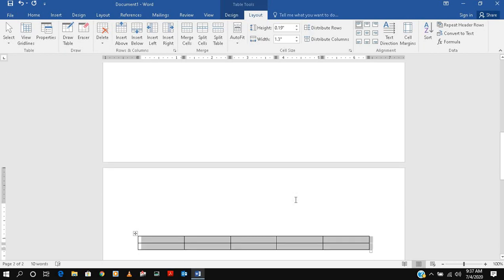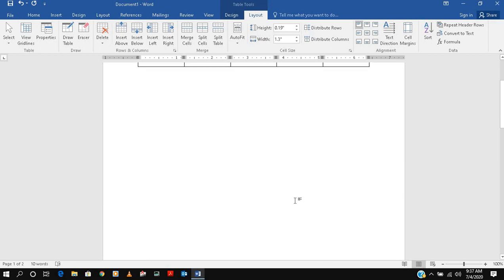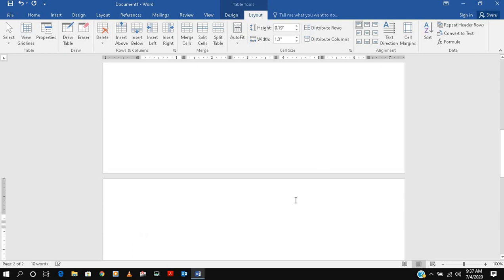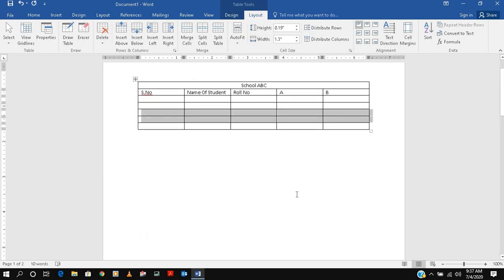If you move it again, by default it merges with the old table.